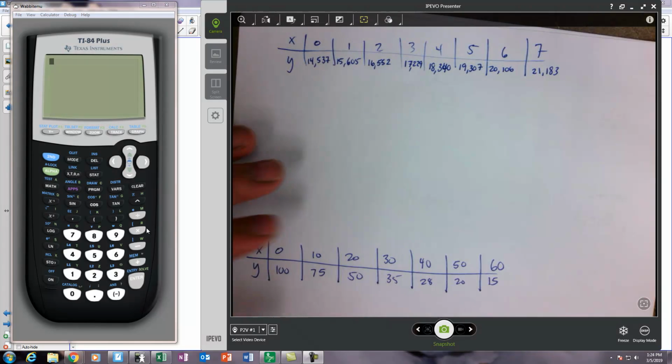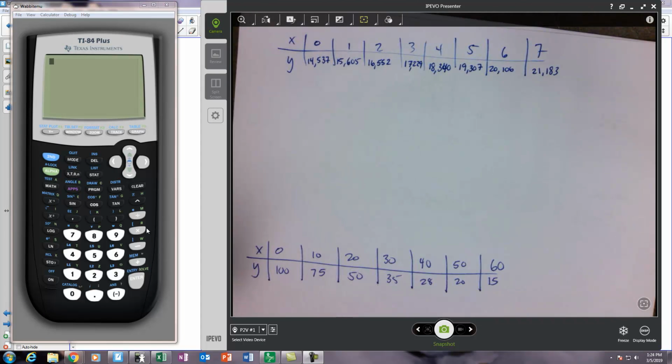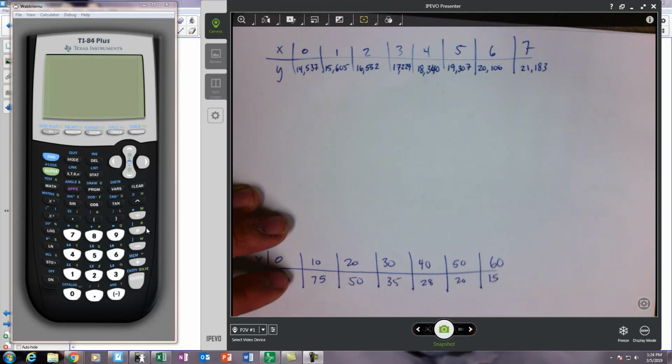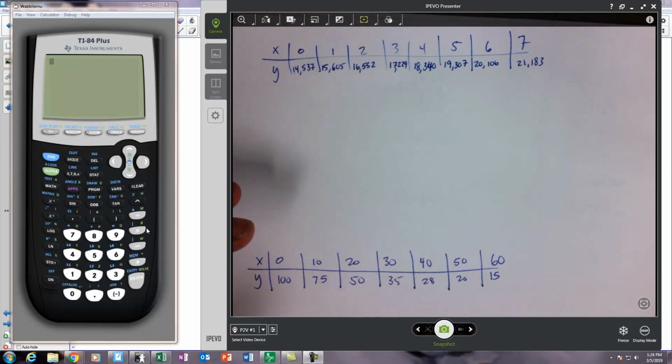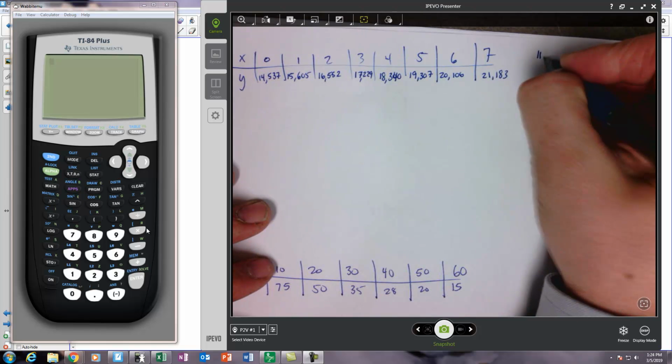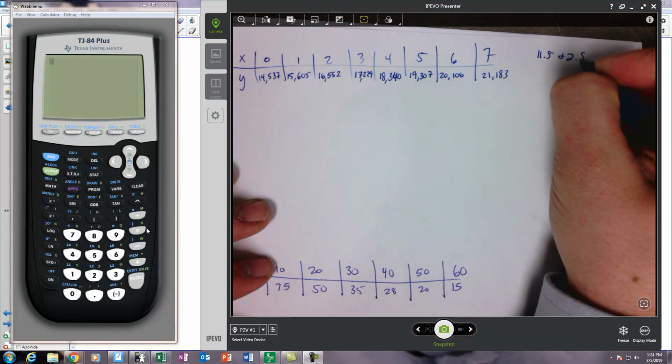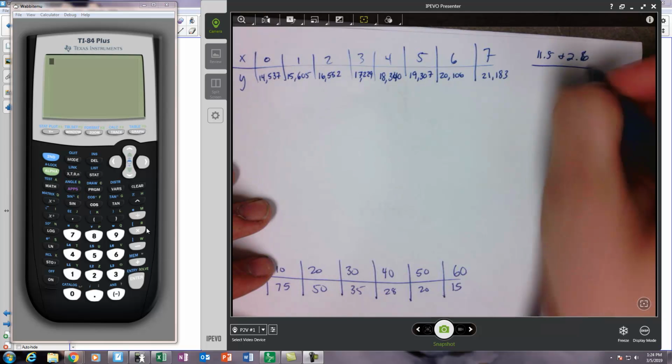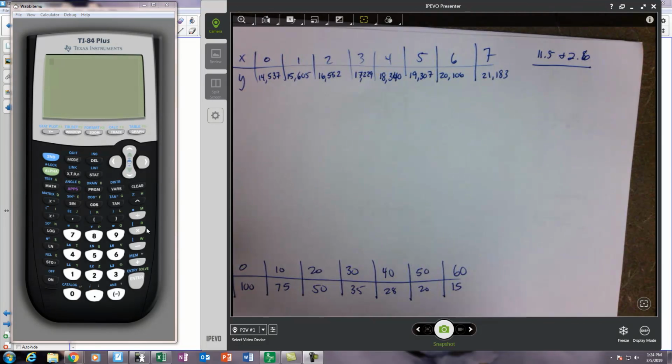Okay, so this is going to be a review or some backup, some help, some notes for 11.5 and 2.6. These are a combined section where we're working on using regressions, but we're going to use the data and we're going to make our own decision based on the data of what the best type of regression